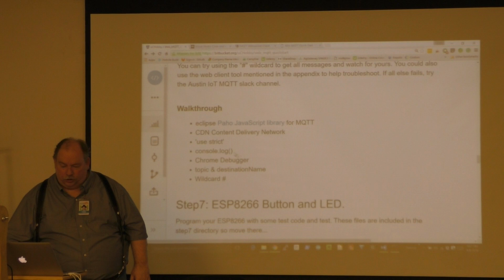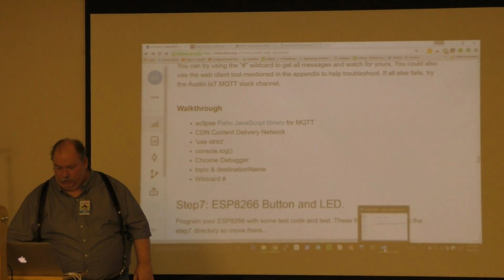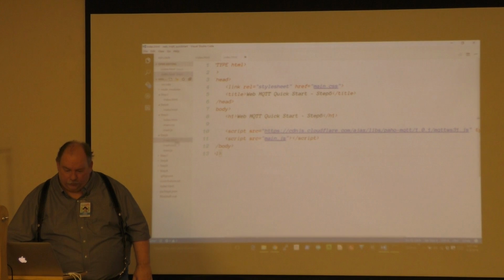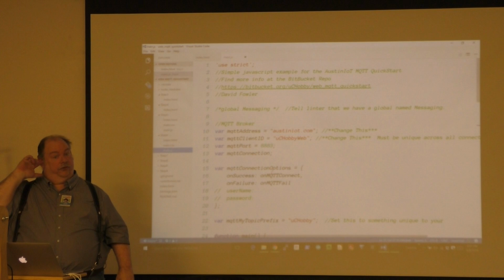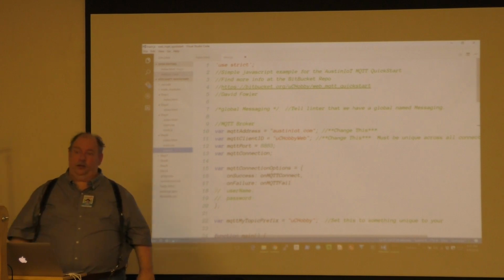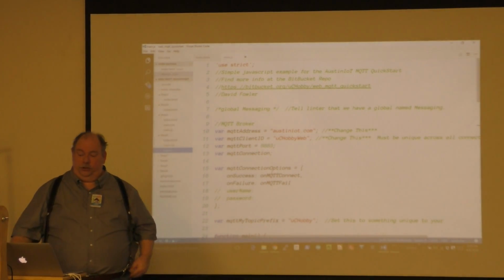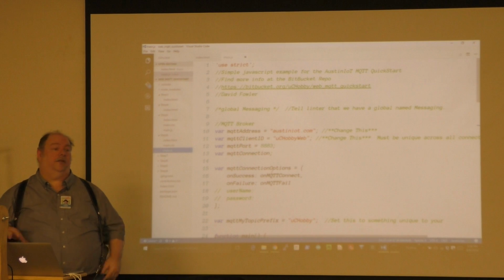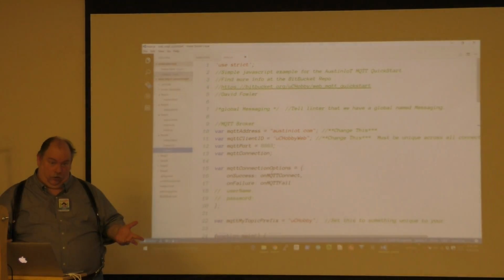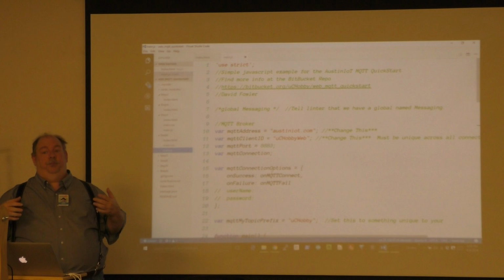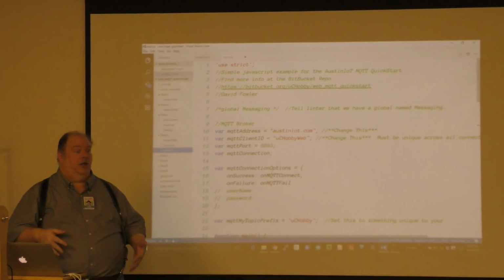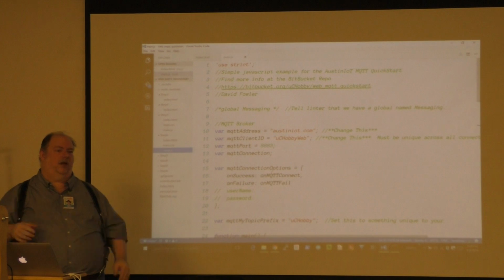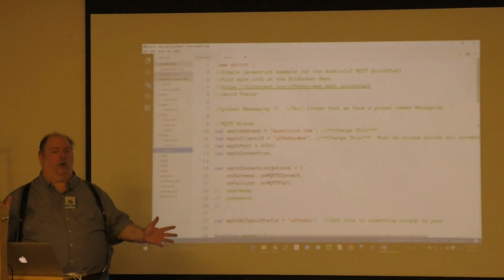We talked about console log already. Now, use strict. Typically, I try to remember to do it always. I believe now with the new ES6 stuff, it's the default to use strict. I don't even know how you turn it off. But use strict is me telling the compiler, which is in Chrome in this case, to be critical of my code. If I try to use a variable before it's declared, or do a few things that a modern language will actually generate an error for,